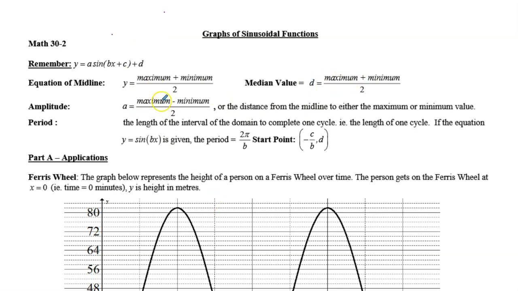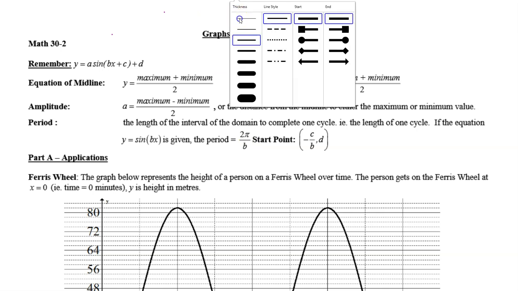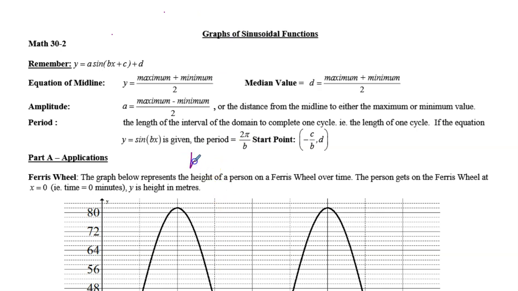For the amplitude, it's max minus min over 2, so it's half the distance between the two. If you take the maximum and subtract the minimum, you get how far apart they are, and then you divide that by 2. That is the distance from the midline to either the maximum or minimum value. Period is the length of the interval of the domain to complete one cycle, the length of one cycle. If the equation has the b value in there, then the period is 2 pi divided by b. And if you rearrange that,